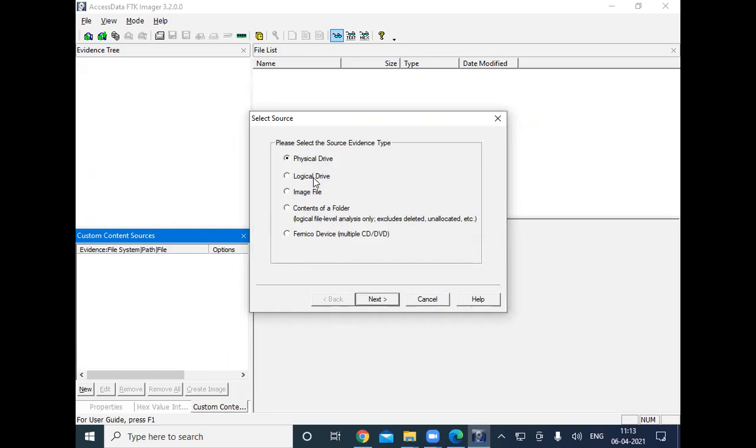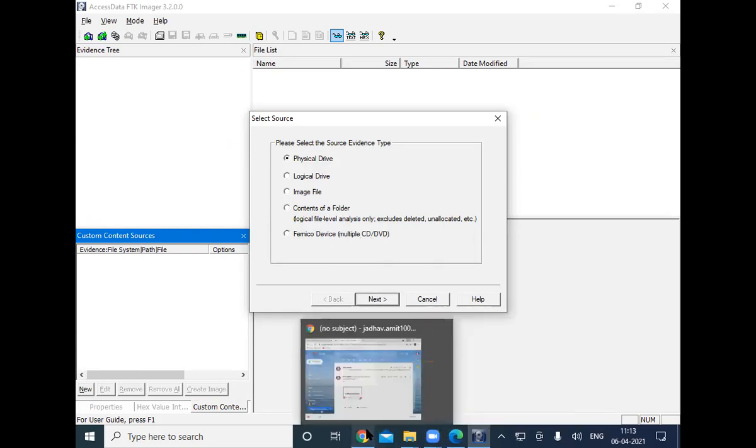If you want to create an image of a logical drive, you can select logical drive. If you want to create an image file, you can select image file. And if you want to select the contents of a folder, then you can select this one. Then the Fernico device, if you want to take a backup from CD or DVD, you can choose this option.